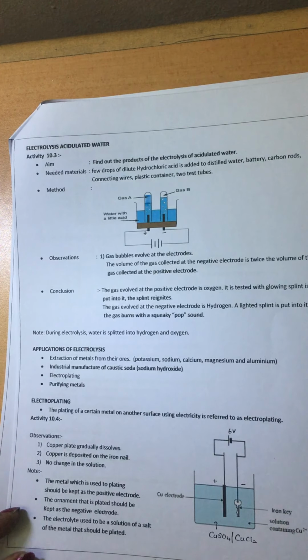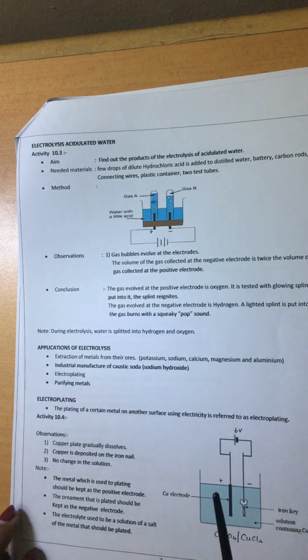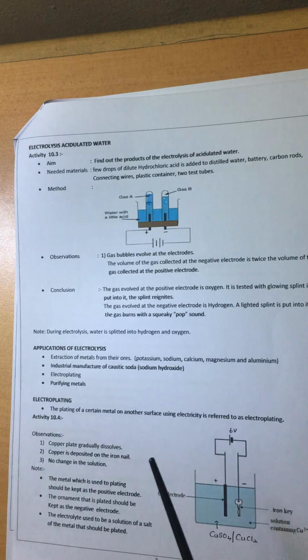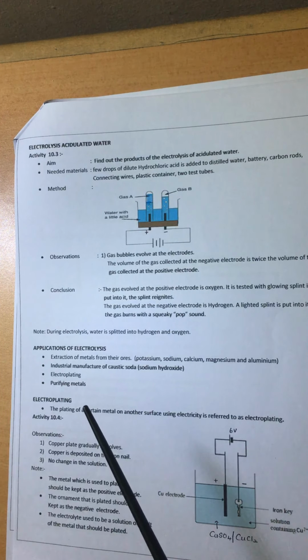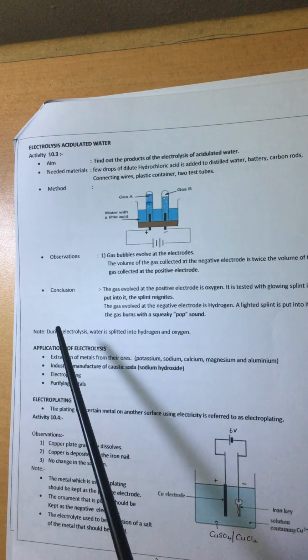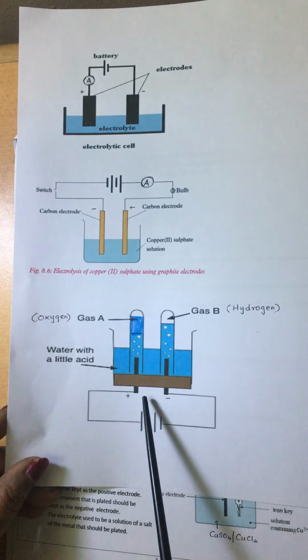Third one, the electrolysis, the other experiment, electrolysis of acidulated water. Acidulated water means you have to take distilled water, very pure water, and add some 2 or 3 drops of acid, because pure water, distilled water does not conduct electricity. That is a non-electrolyte because no mobile ions. But when you add 2 or 3 drops of acids, they can conduct electricity. It becomes electrolyte, right?